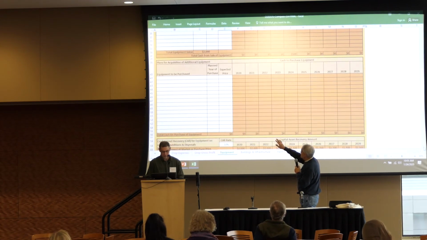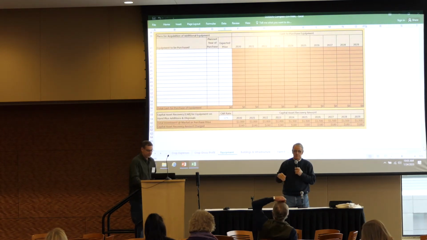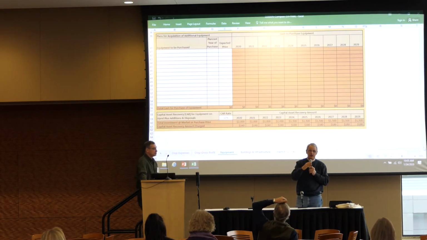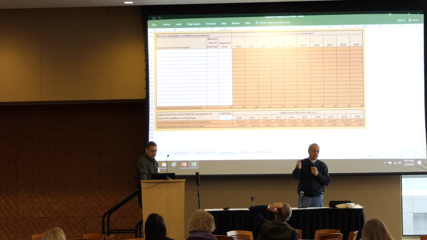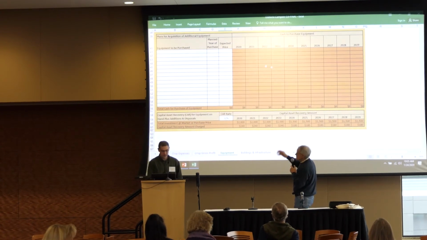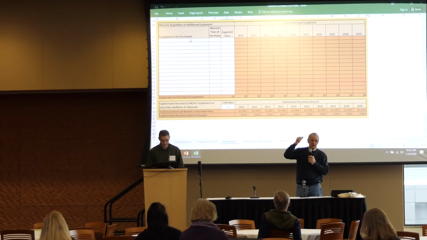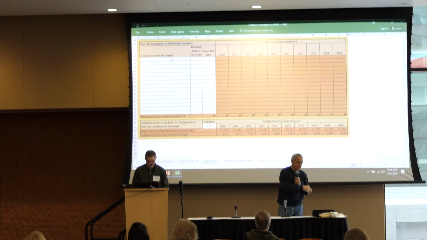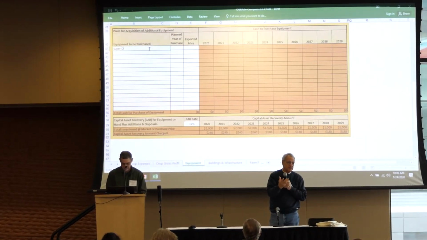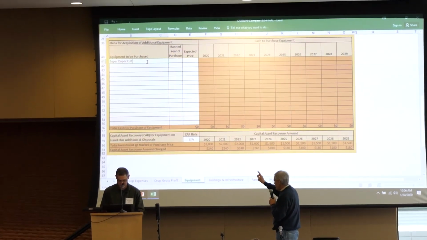Then we have plans for acquisition of additional equipment, and this is particularly relevant to somebody transitioning from conventional to organic. And again, the type of equipment that you plan to purchase, the year that you will purchase it, and the expected price. And this then populates out into the brown area, and later, as you can imagine, will show up as a cash expense in that year. Down here,